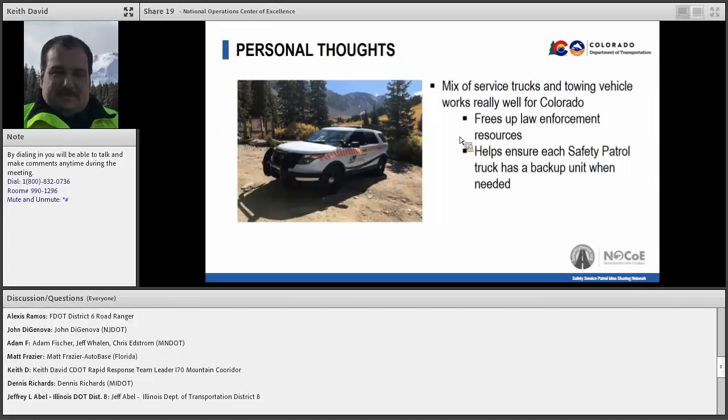So my personal thoughts, the training works well. I didn't cover that earlier. I'm sorry about that. Incident Clear, which operates the service trucks and has a hand in the mountain contract as well,